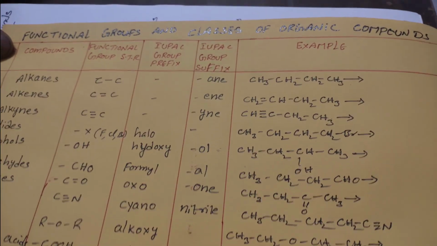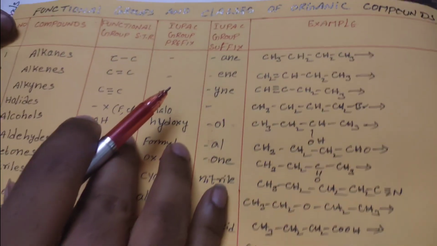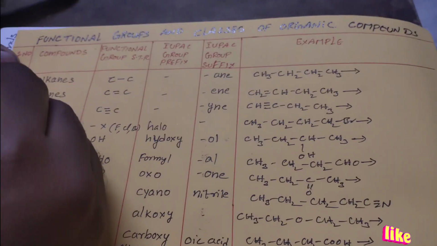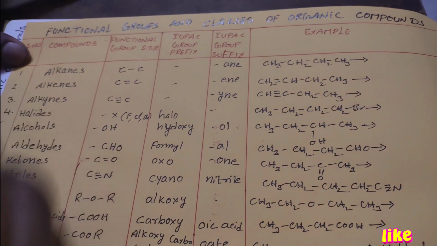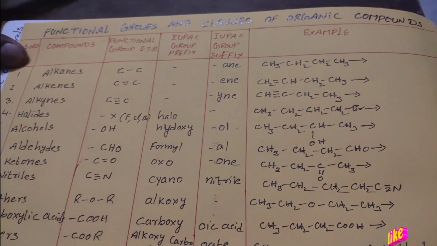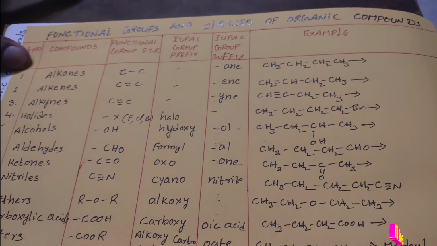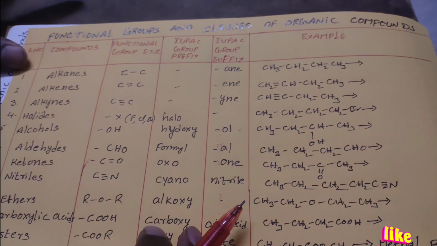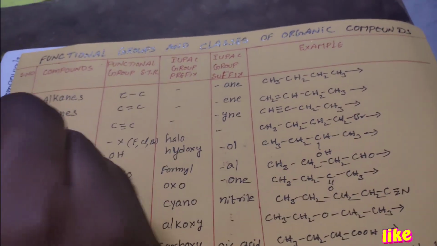Okay students, you can watch the entire video. In the entire intermediate, there are 1 to 14 functional groups. Those are the 14 functional groups. Apart from that, some are very important and some they don't give from the exam point of view. And the first functional group is here